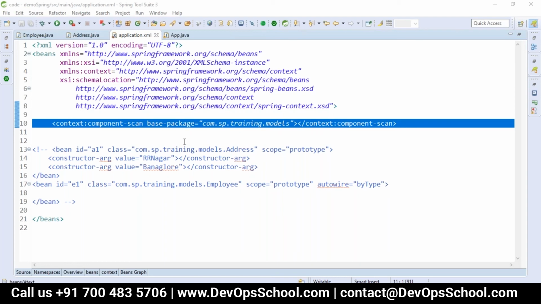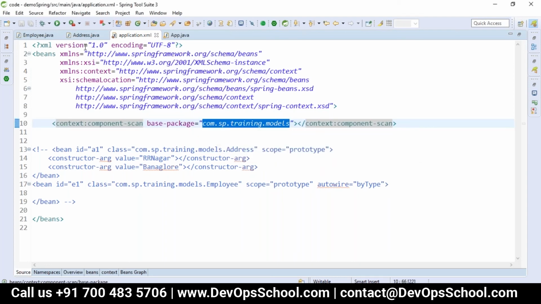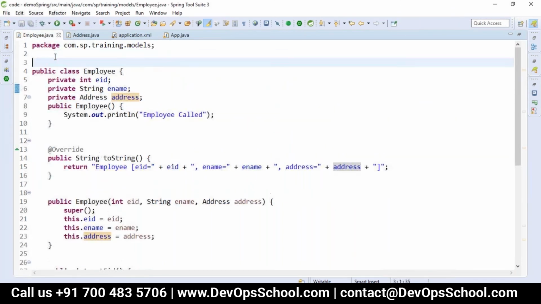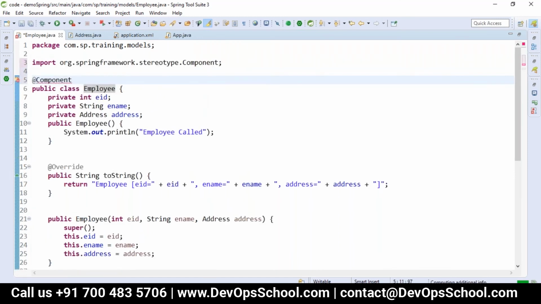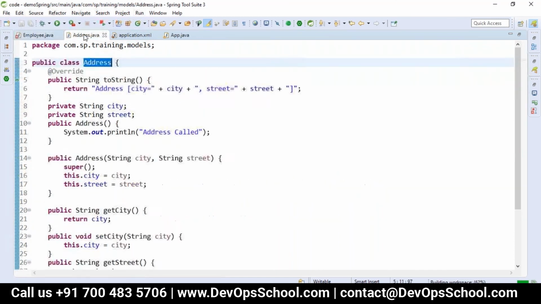Okay. So we mentioned here the component scan, saying scan in this package. So it will go here to the employee and scan it, looking for the annotations. Where we have component, which is also a stereotype annotation.